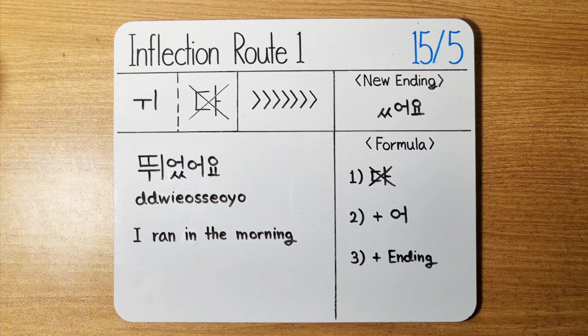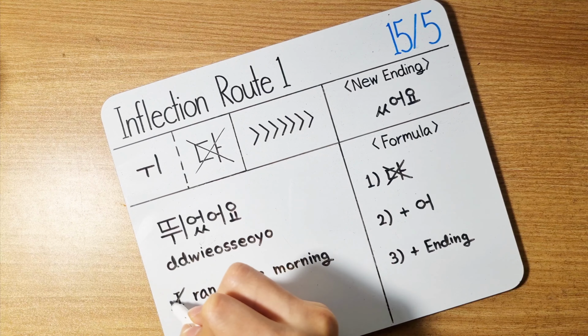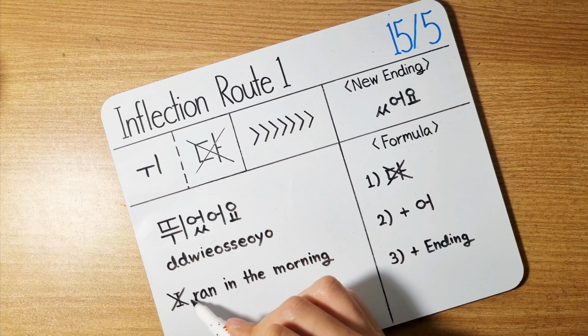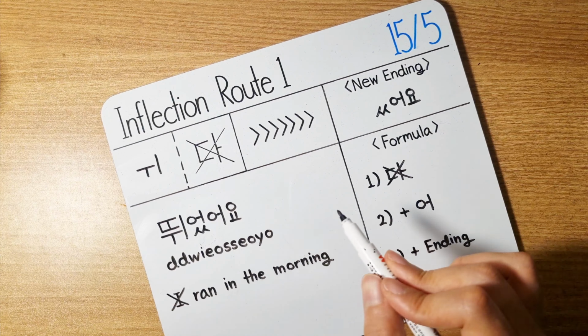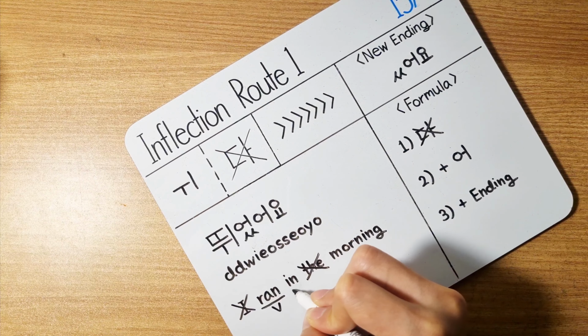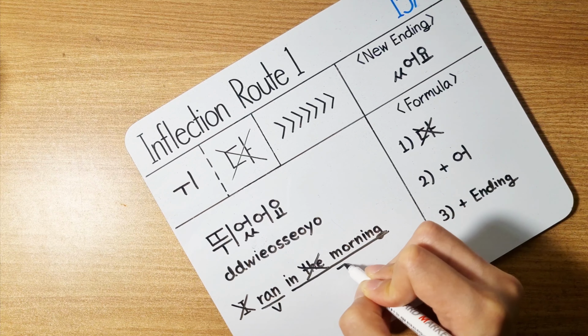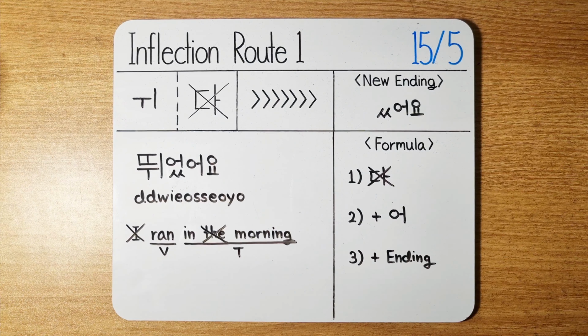Well, in that case, according to the context, of course, I will omit grammatical components that are too obvious. I will not say 'I' because, of course, I'm talking about myself. The question was, did you exercise in any way today? So if I'm going to answer that question, of course, the subject is I, and it's too obvious. And no 'a' and 'the', no articles used in Korean, which leaves us with the verb ran and in the morning time. So therefore, the Korean sentence will look like